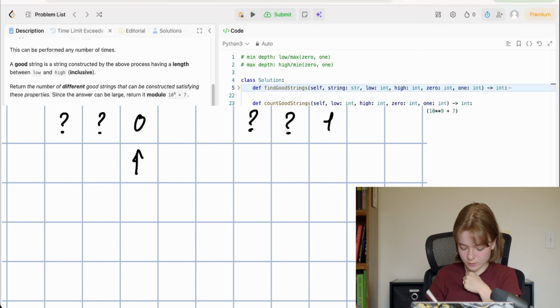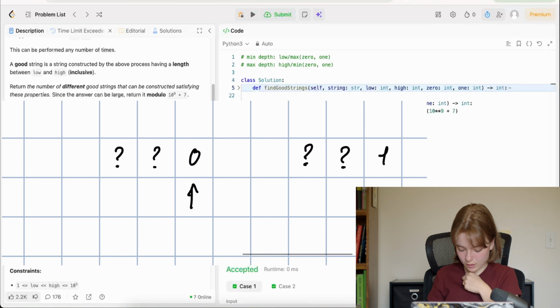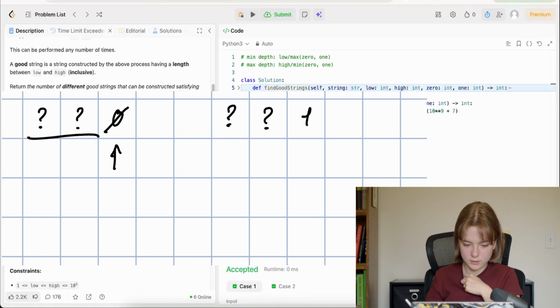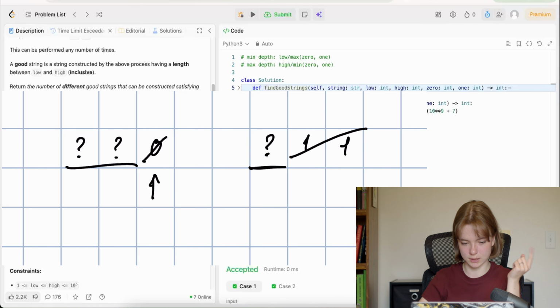We're ending with 0, our length is 3, and then we just take the 0 off. We now have a length of 2, and we go back 1. If we have something ending with 1, then we know that there has to be 2 1s there, so we take them off and we now have a length of 1 and we go back to there in the DP table. Our first step then is to build the DP table.